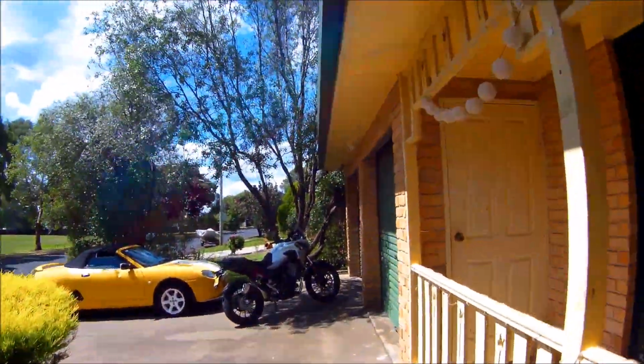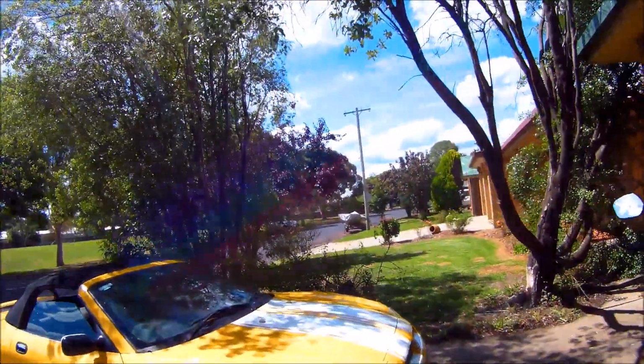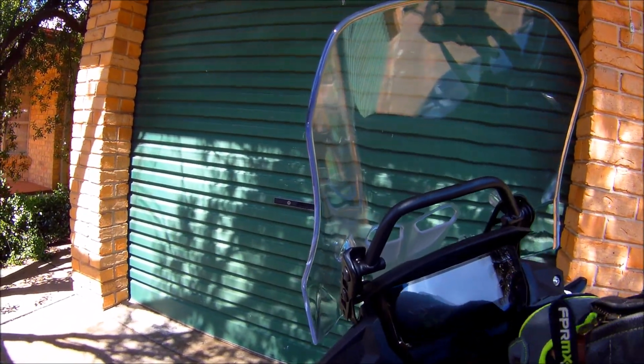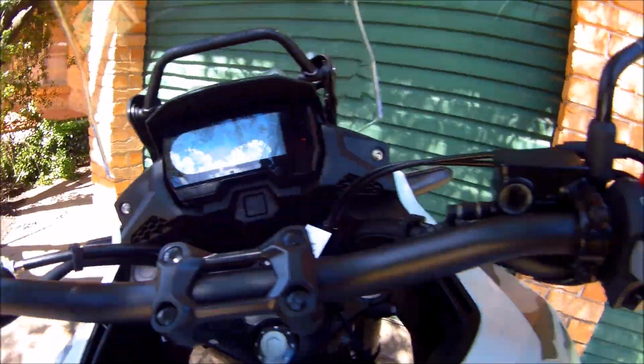Hi guys, I've been thinking of doing this bike review on this 2021 Honda CB500X now for the best part of 2 weeks. So I think today we'll take her out, give her a bit of a run, see how it performs,